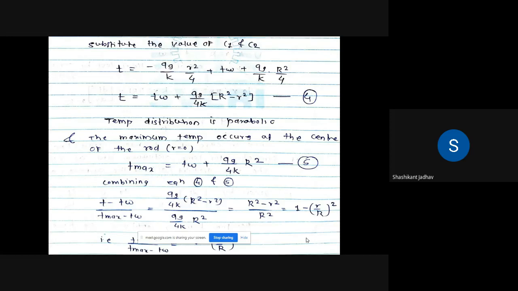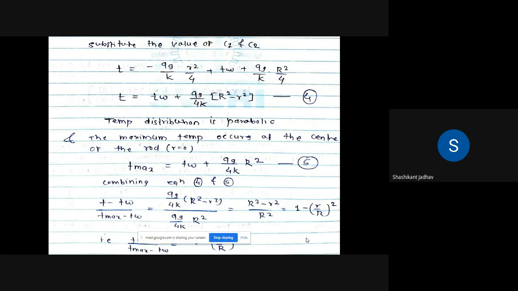But our aim is to calculate the rate of heat transfer per unit volume. So we divide that particular value by volume so that we get the value of Qg, that is in watt per meter cube. Then we put that value of Qg into this equation, and we get the value of T max, the maximum temperature.